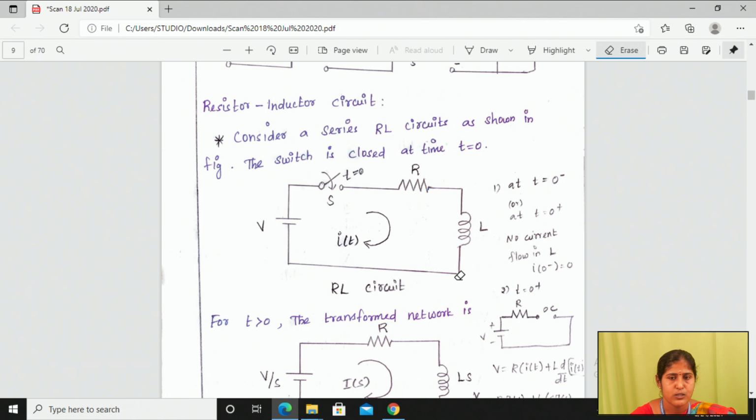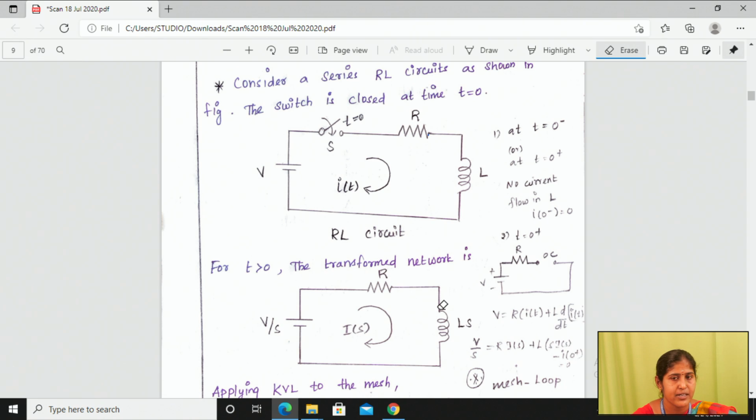Why do we need to analyze t equal to 0 minus and t equal to 0 plus? The 0 minus means before switching: you have to find out the current as well as the voltage before the switching function starts. Similarly, after switching, you have to find the current level as well as the voltage in the given network. After that, at the steady state period, the current is the final state of your current function, and that you also have to find out. Is it clear? Yes, fine.